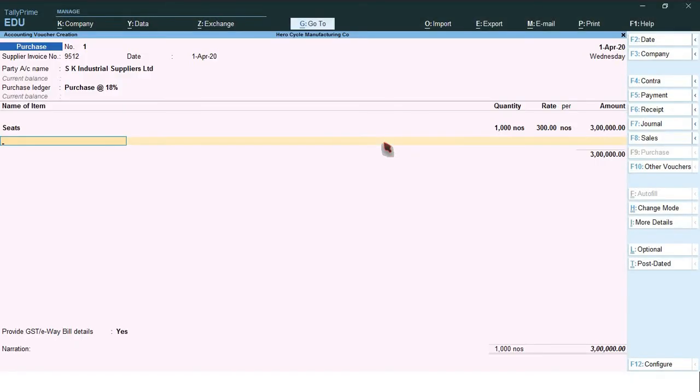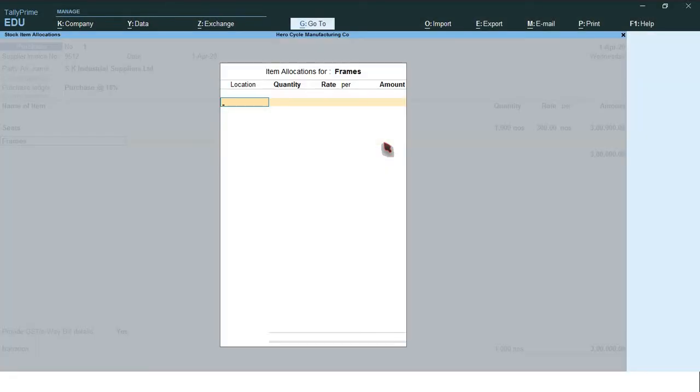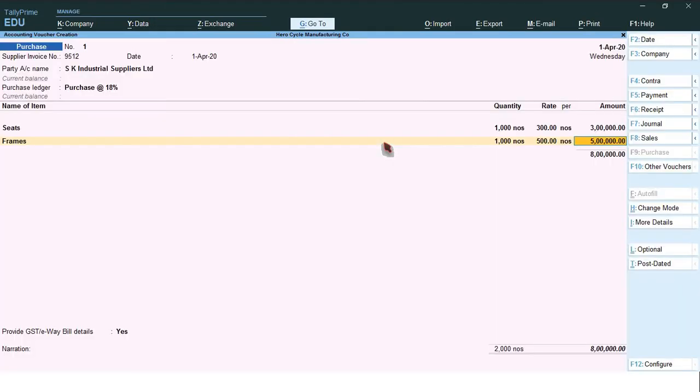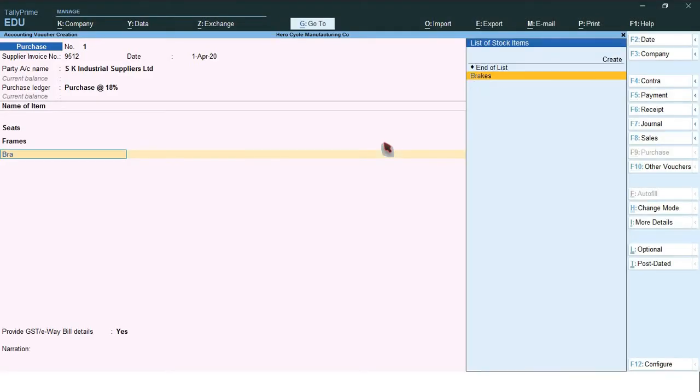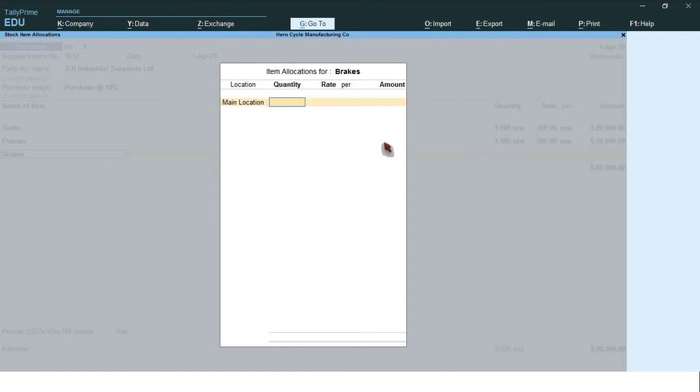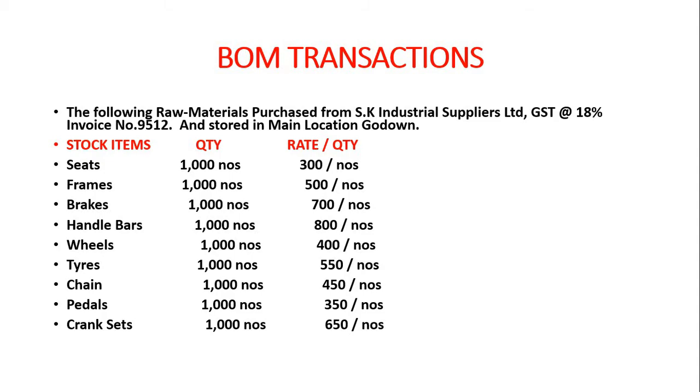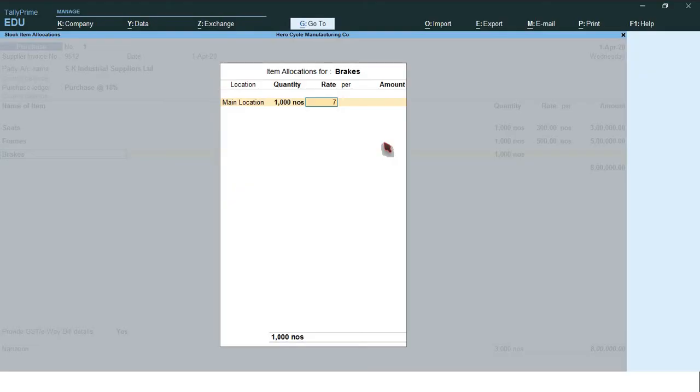Seat. Next, frames. Main location Godown, 1500. Brakes. Main location Godown, 1000 quantity, rate 700.